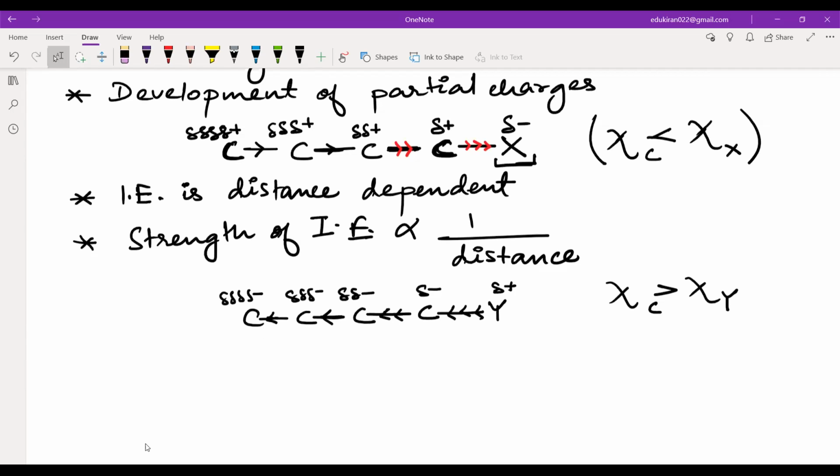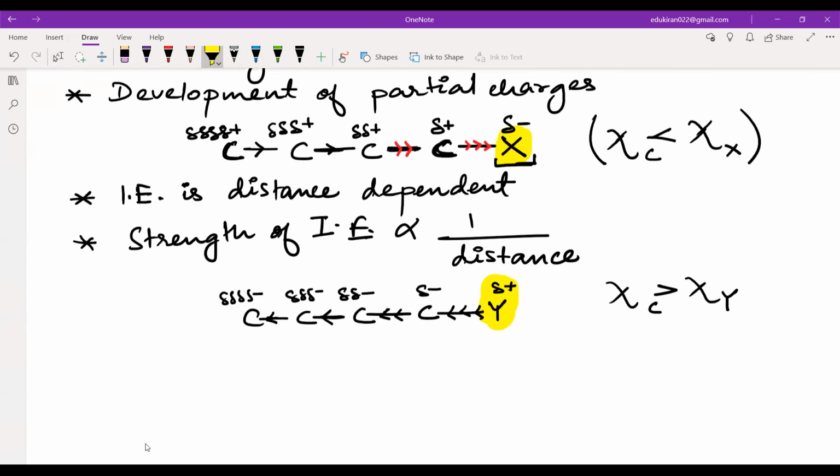Done, sir. Okay. Now you can see that our carbon chain is the same in both of the cases. What is different here? We can have some group of atoms which can pull electrons from the carbon chain, and then we can have some other type of group which can push electrons towards the carbon chain. Now you can differentiate between these two groups.